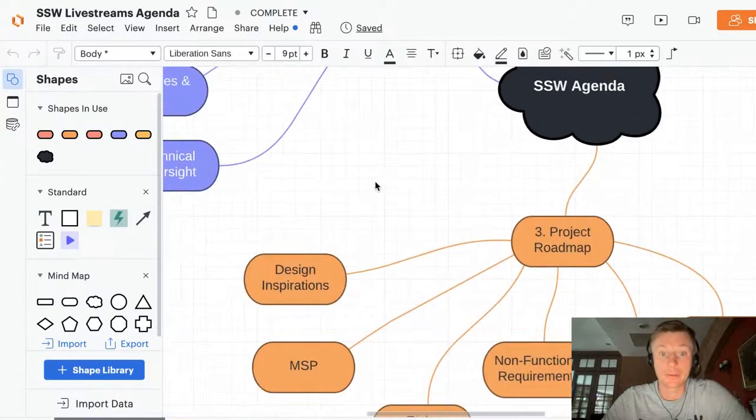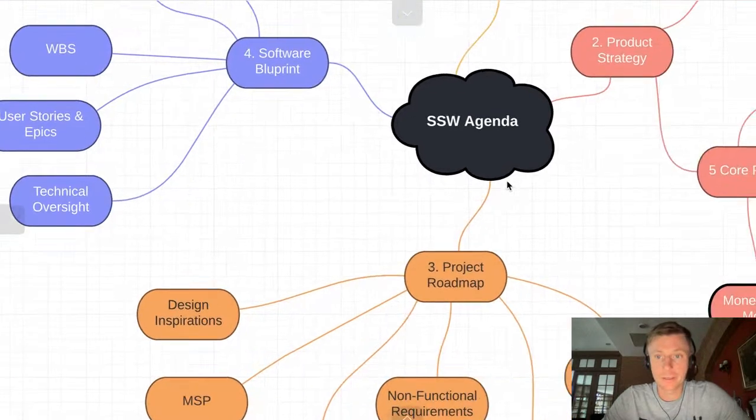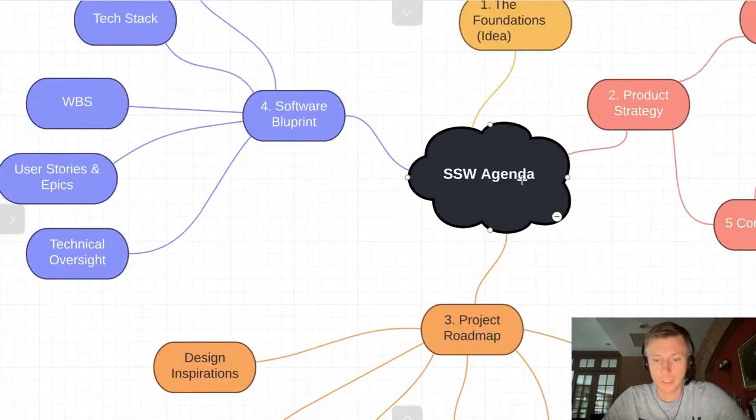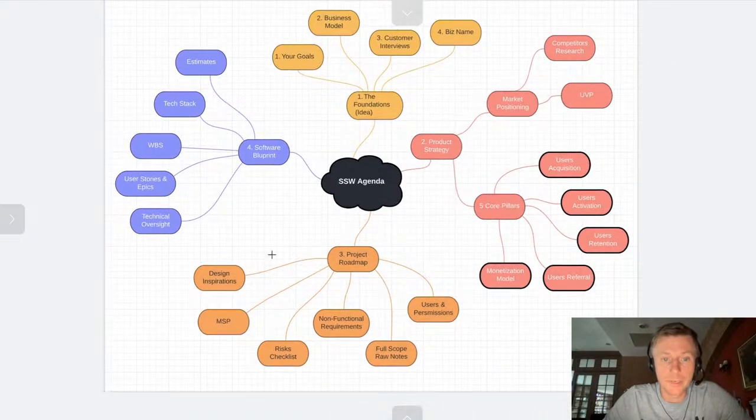We still have a couple of days to go, and today, let me enlarge this screen for you so we can see the full picture. Okay, so yesterday we finished the project roadmap stage of our workshop, where this is our second day of live sessions